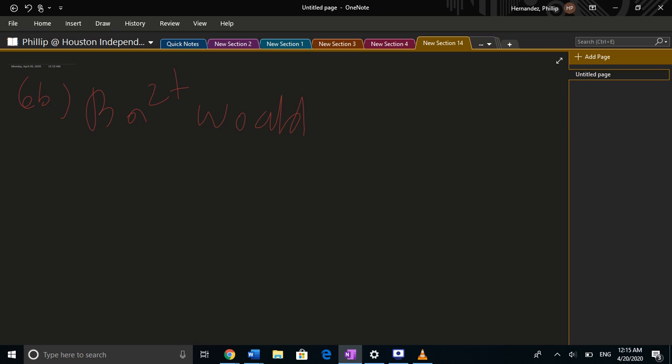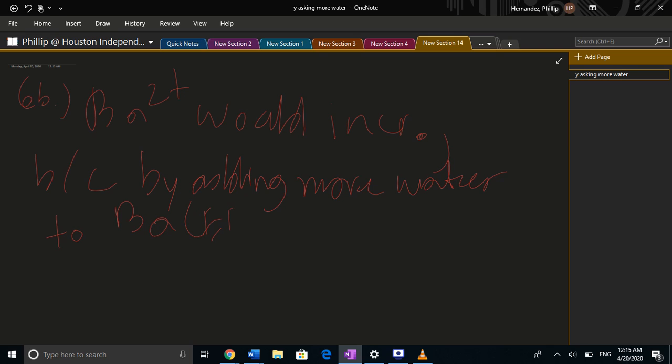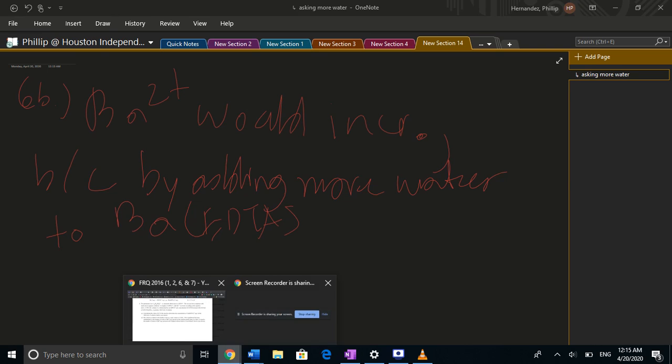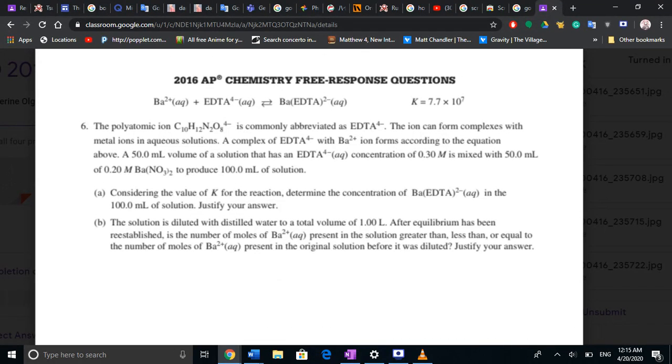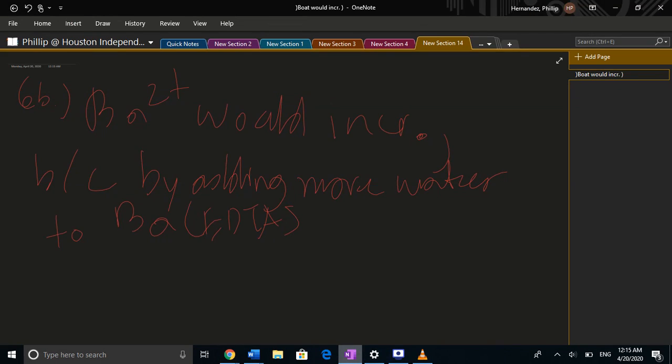So it would increase because by adding more water to BaEDTA, BaEDTA 2-,